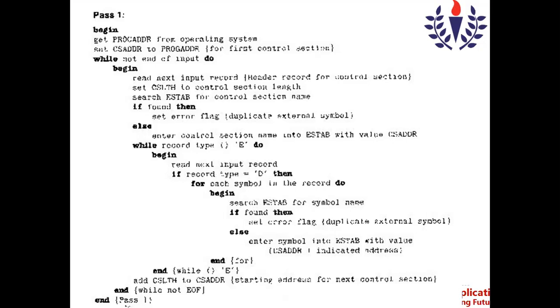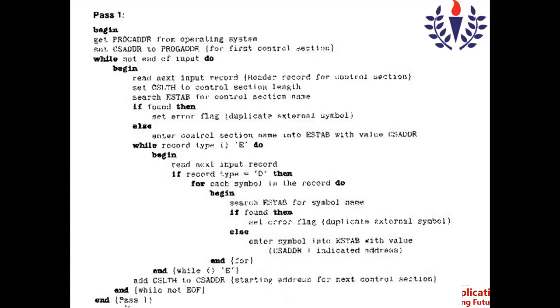The same logic we used in the assembler as well. When the assembler was processing the source program, it was creating the symbol table, wherein it was searching the symbol table for the symbols. If it is already available, then a duplication occurs. Otherwise, it has to store.